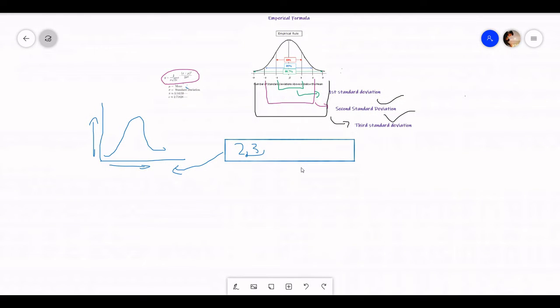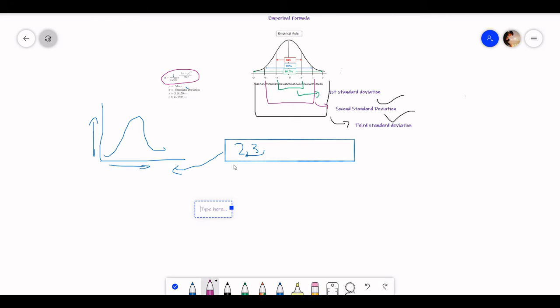So to find these values, we should know how to find mu and standard deviation. I already talked about that in my previous video. Check the I button or check my playlist for that. So now I'm taking random data over here and I will try to solve it to find the y-axis for that, and then we will plot a 2D plot and see whether our data is Gaussian or normally distributed or not.